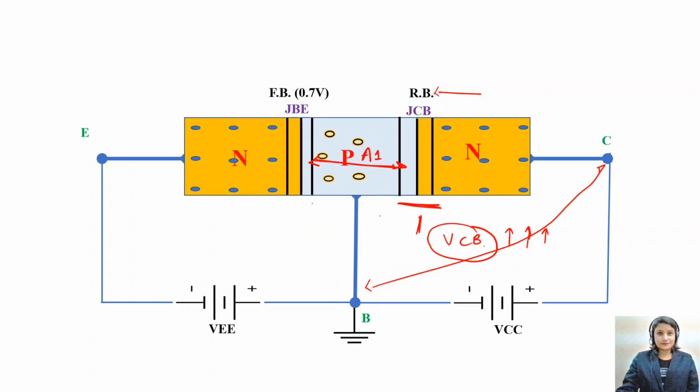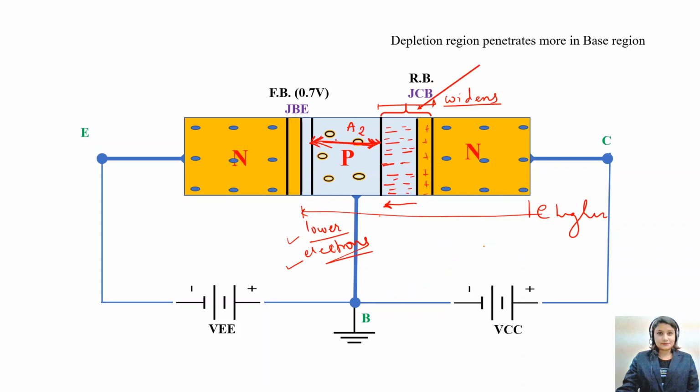See here, this much was there, now it has reduced, right? So because of widening of the depletion region, the area of the base is reducing, and this phenomenon is called